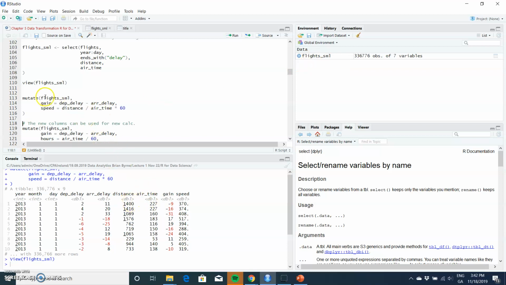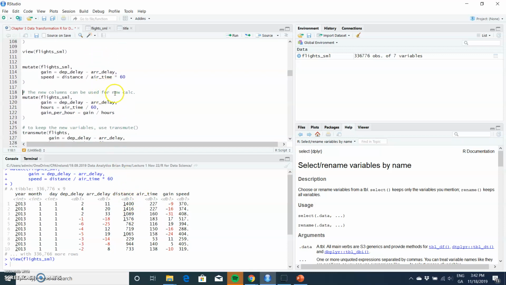So the mutate on flights_small only appears here in our tibble. The new column can be used for a new calculation. So we can take the mutate flights, take the hours, the airtime divided by 60,